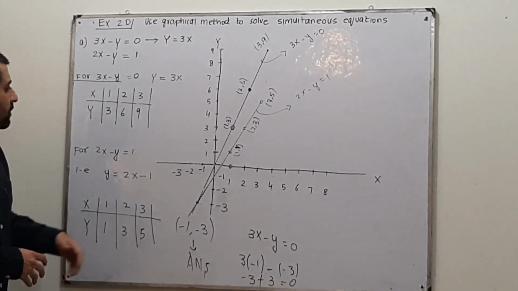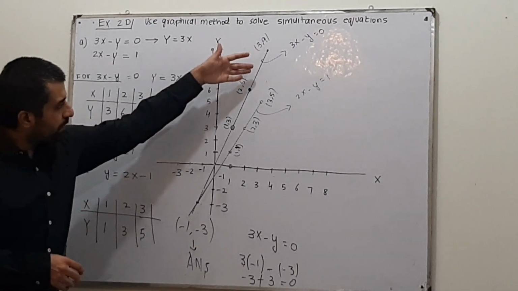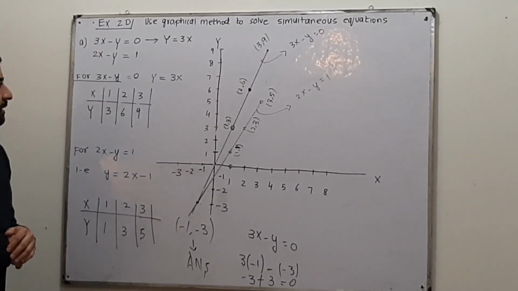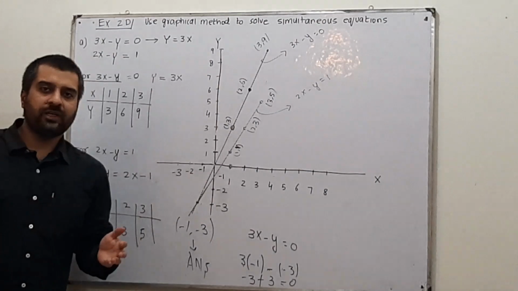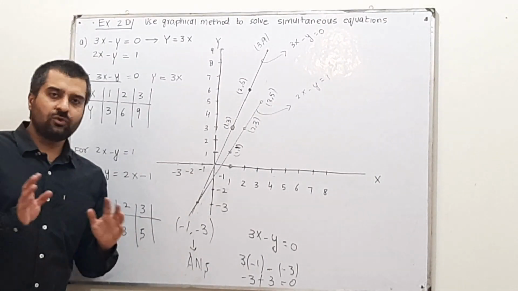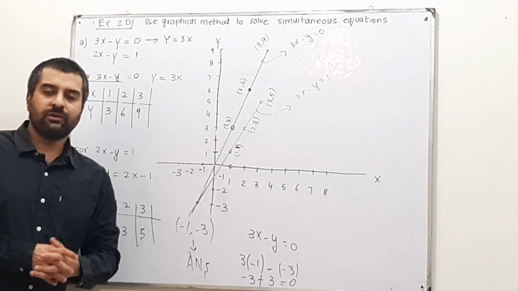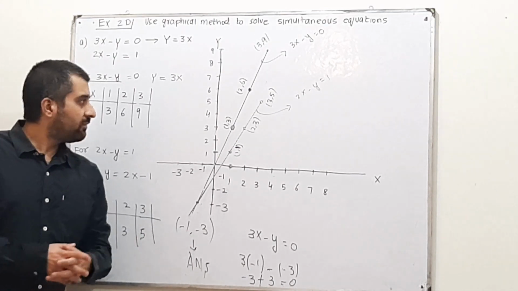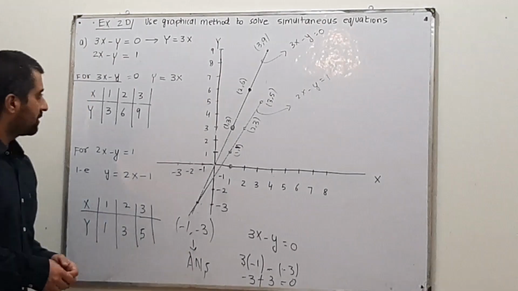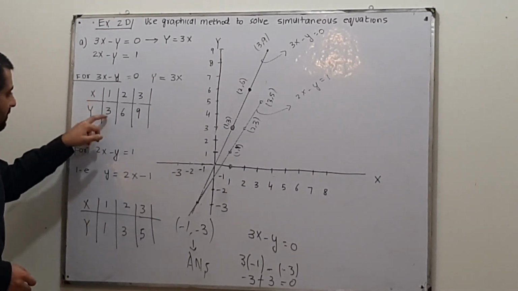Now the graph of this equation is this line. How do you draw the graph? Basically, we need 2 points to draw this graph. The 2 points are enough in this case. This is a linear equation. It will be a straight line. But I have used 3 points. Doesn't matter.